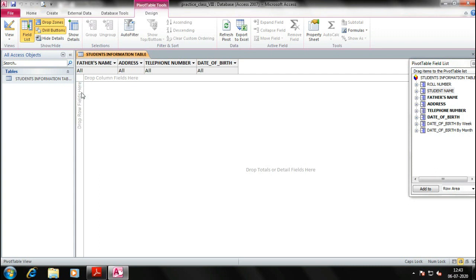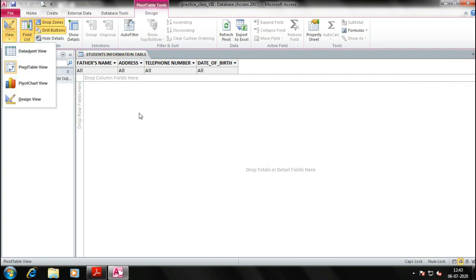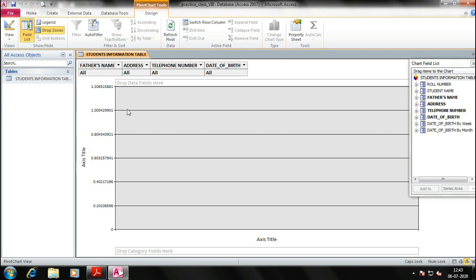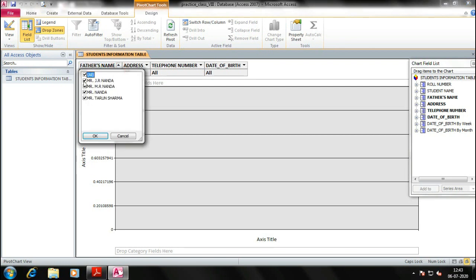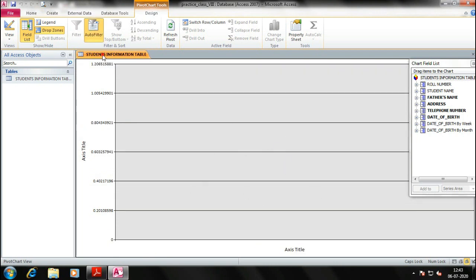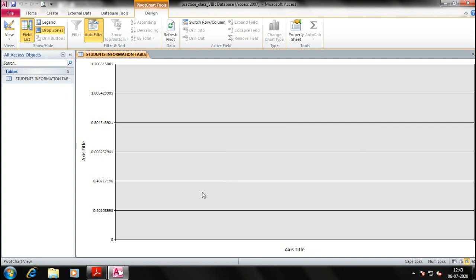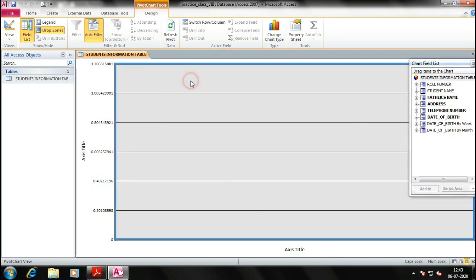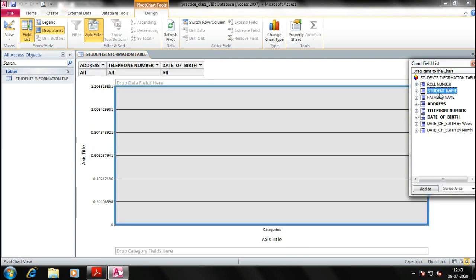Okay. So this was a pivot table view, right? Pivot chart view. Let me uncheck it, right? So now it is not showing here. There is a difference because I have deleted it. This was the table, right? The y-axis, the x-axis, right? If I click here, it will show that pivot chart field list. Double clicking on it, it will show the student's name, right? Roll numbers according to the roll numbers, right?